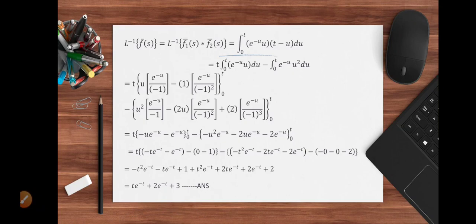While applying the convolution theorem to find the inverse Laplace transform, you require perfect knowledge of all the formulae of integration, all the rules of integration, and you should have sufficient patience and concentration to get the final answer. Using these two solutions as reference, you can solve these examples.